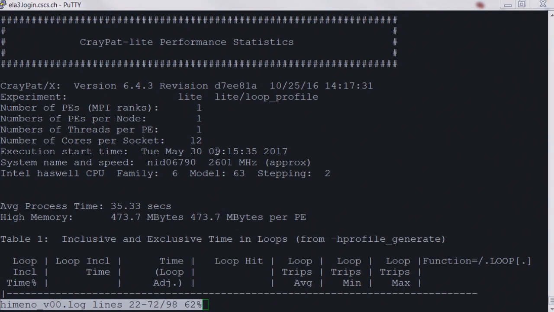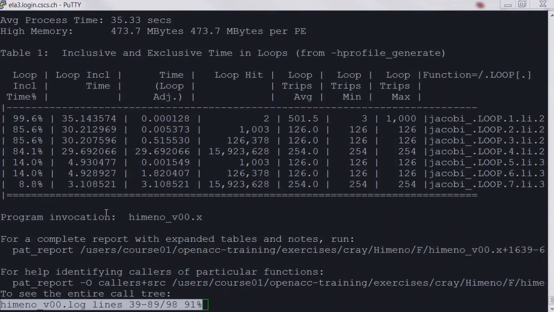So if you go step by step, you can nicely follow in your development process. You also see on which system your application ran, and also the processor speed and CPU information and so on. Then in the next section, the application process time and also a memory overview is printed. And then below that, in the first table, we see an overview of our main